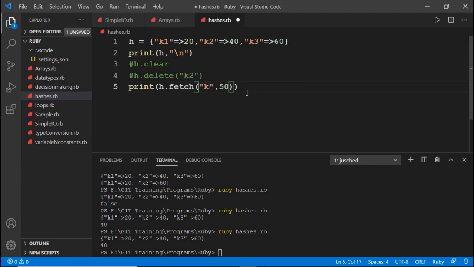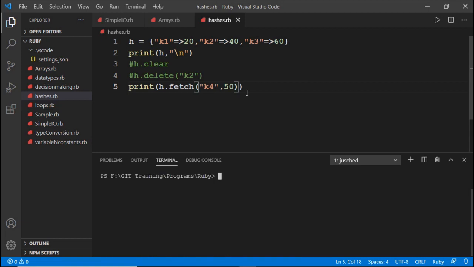For example, let us take k4 as my key. Now I am going to fetch the value for k4. There is no k4 key in our hash, so in such a case it returns the value 50. If we don't pass it, it shows a runtime error.